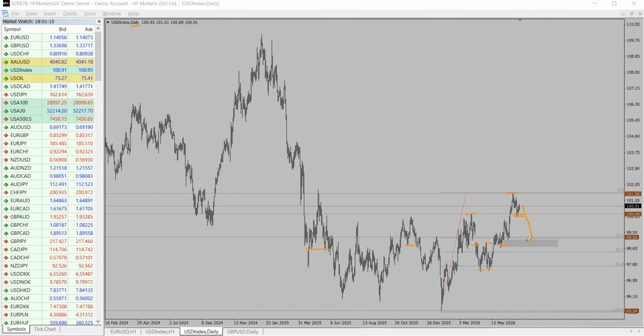So I would have preferred price to come all the way down here. And if that's going to be the case, it's going to take a while from the daily time frame perspective. It might take weeks or maybe even months. But does that mean that we should not place any trade for weeks or for months? No. So what we could easily do, because we're looking at this 100.50 area here, what we could simply do